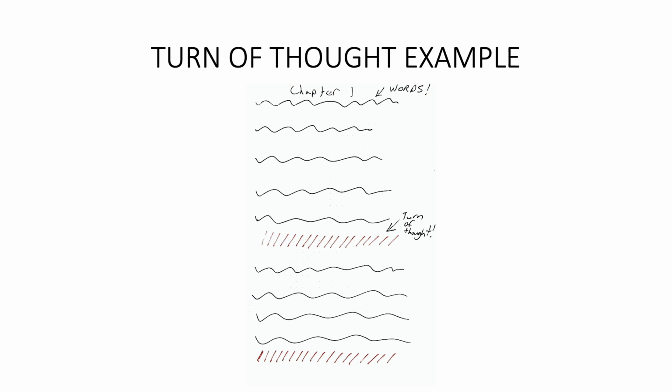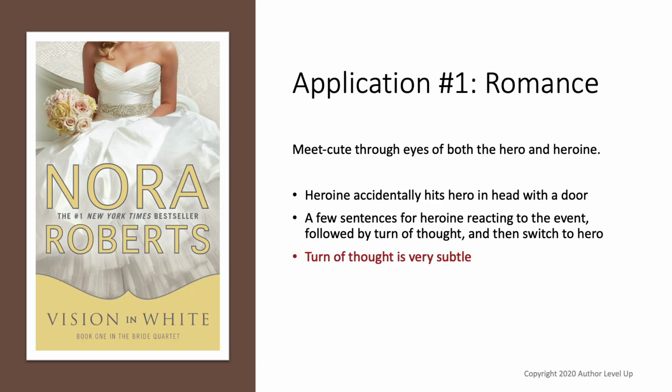Okay, so a turn of thought is almost like a seam that separates sections within the same chapter from each other. You don't really notice them, but once you start to see them, you can never unsee them. And I've done a video on this, and it goes into great detail. So if you still need some help on this, check it out in the YouTube card above my head or in the video description, all right? So that's a turn of thought, okay?